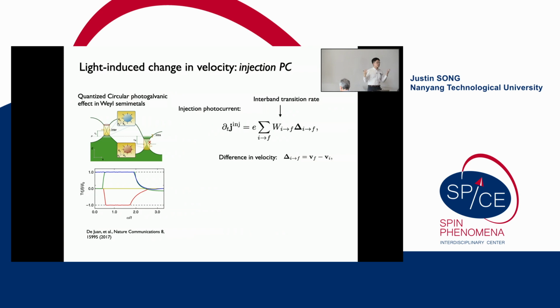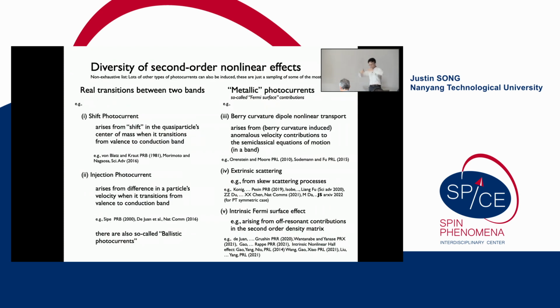So that's a prototypical example of how the out of equilibrium distribution function can change a photocurrent measurement. That's just one of a diversity of second-order nonlinear rectified photocurrents. There are actually very many, as you can see here. And all of them probe different aspects of this out-of-equilibrium distribution function. So for instance, the injection photocurrent tells you about this photoinduced velocity difference. It actually corresponds to the diagonal of the second-order